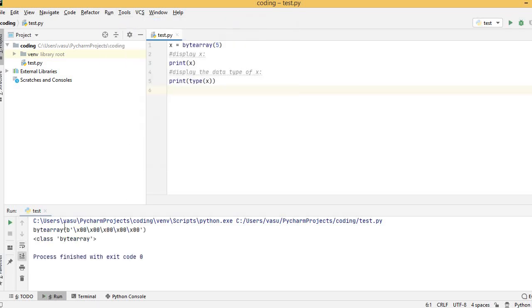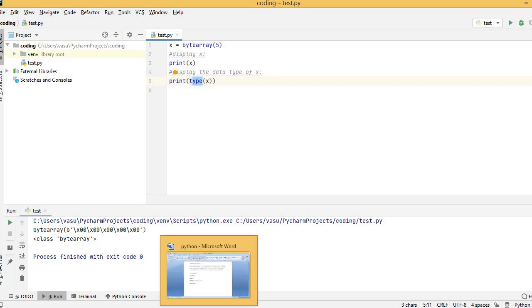So see here, byte array b x00, so this is an array of 1, 2, 3, 4, 5. Here I have initialized with 5. So the byte array is of size 5. And I have asked what is this type? Here it is byte array. So this is how you will declare the data types.